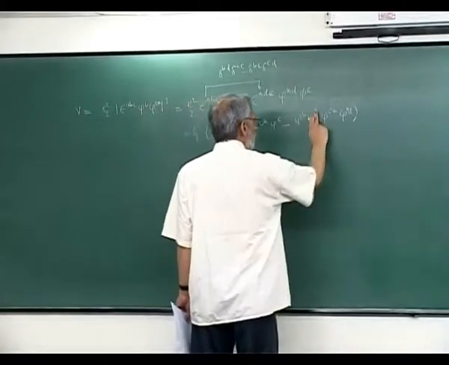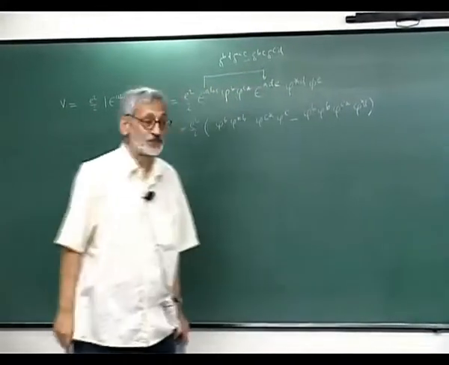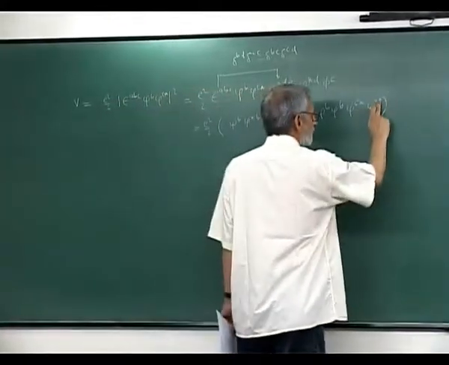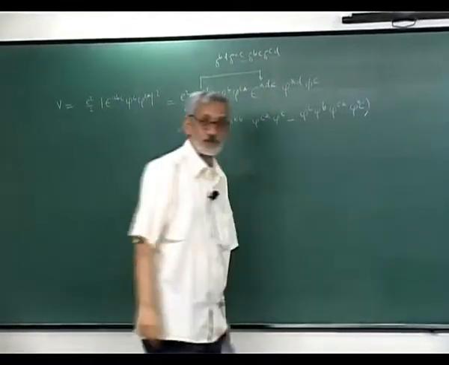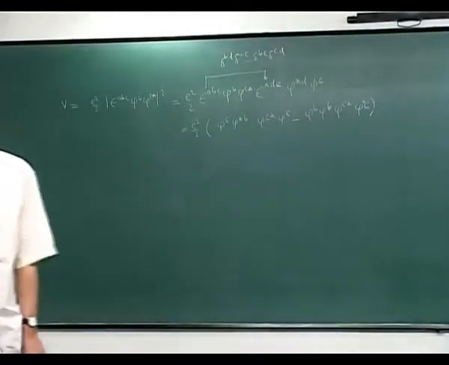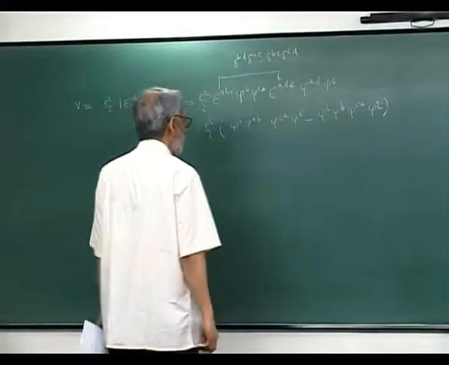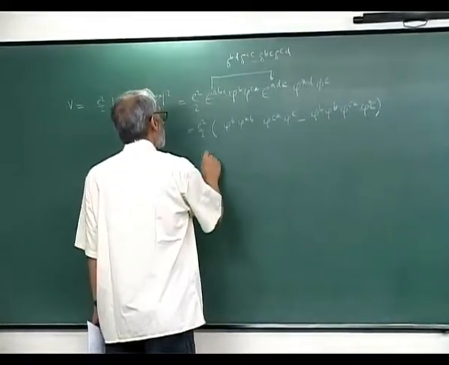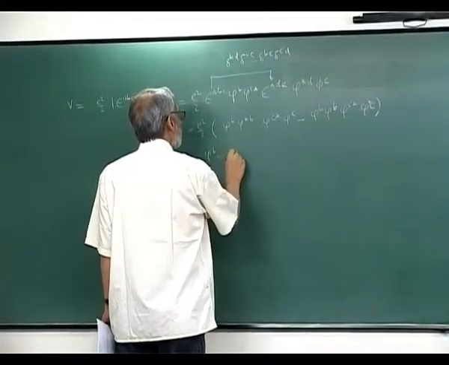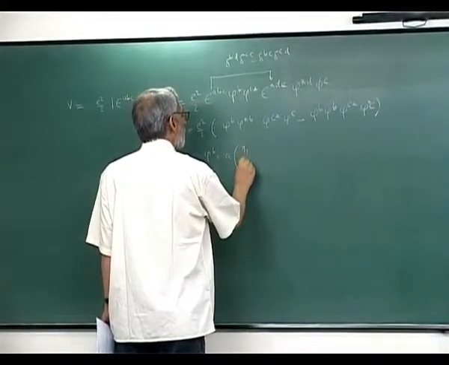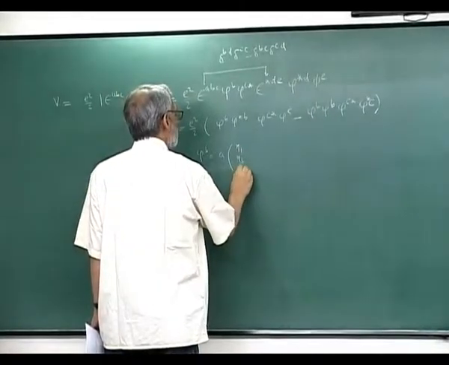B, B, and this is B, B. Yes, C is D. Right? And now you put phi B is A times eta 1, eta 2, eta 3,